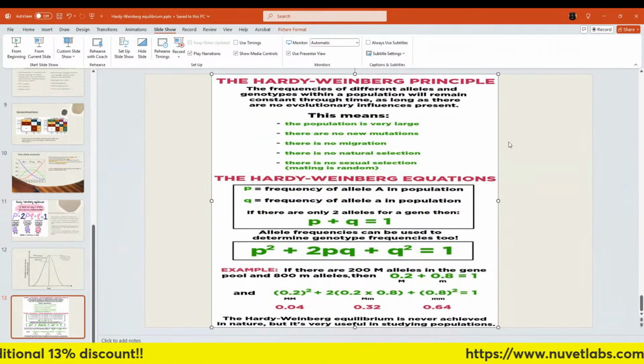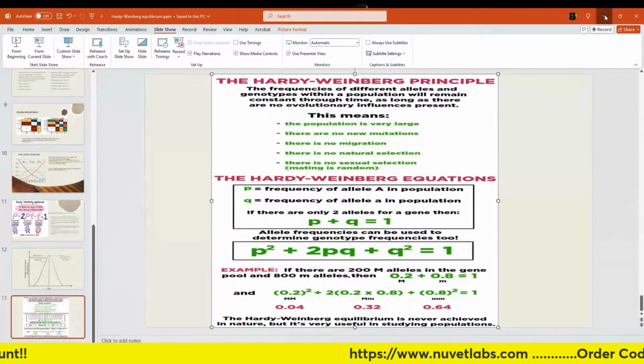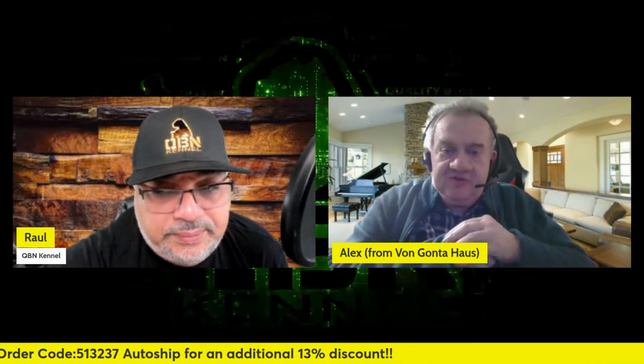So it's not as earth-shattering as you think. The equations for coefficient of inbreeding and the coefficient of relationship I gave you last time are much more applicable to a specific breeder and a specific yard. Those are much more interesting to the average breeder. But you're going to hear a lot about this equation, and I don't want to make a big to-do about it. It's just an equation.